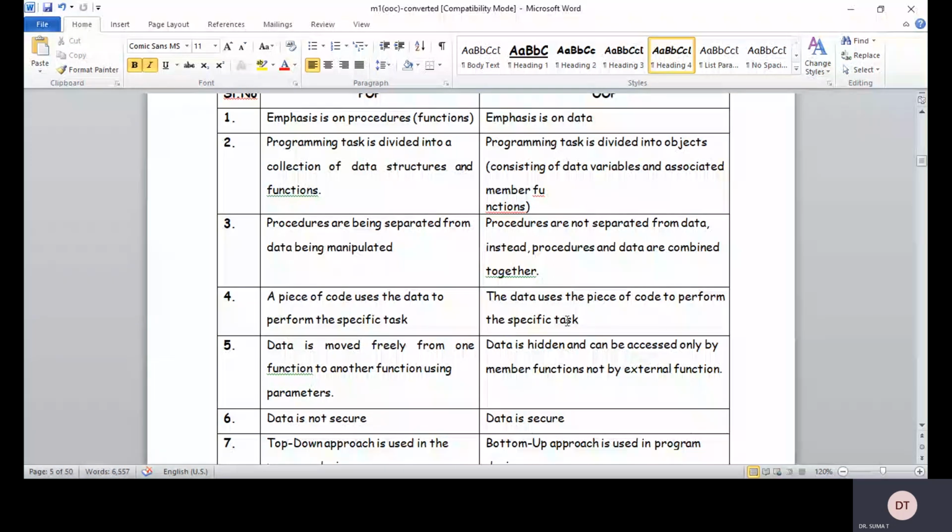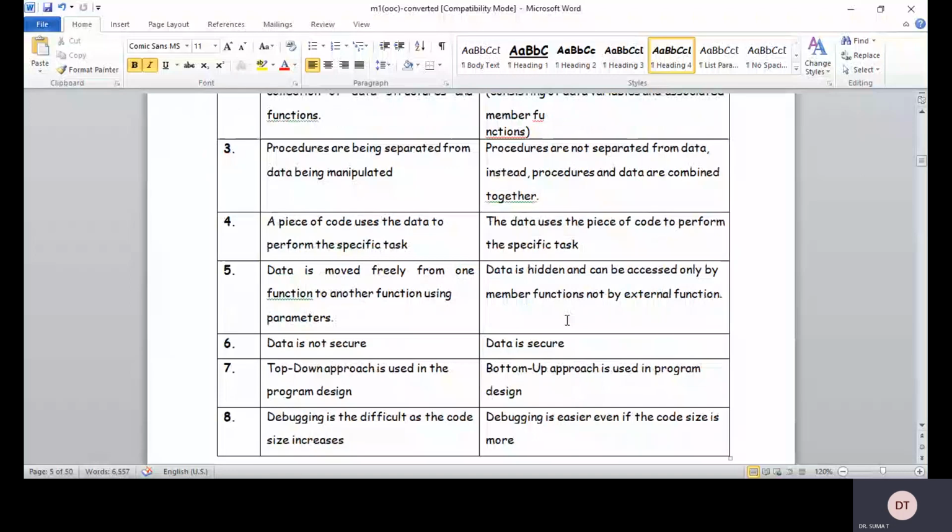So in procedure-oriented programming, data is moved freely, no restrictions, right? It is something like declaring global variables. Once a variable is declared as global, it can be accessed by any number of functions present in that particular programming file. And in object-oriented programming, data is hidden and can be accessed only by member functions,